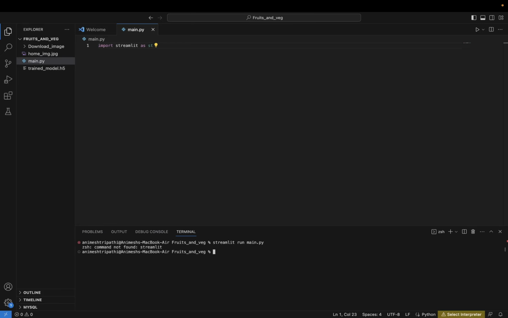Okay, the command streamlit is not found because my Streamlit is installed in a Conda environment. So first of all I have to activate my Conda environment. If you are facing this issue, then you have to do pip install streamlit, then you will be able to run Streamlit. But my Streamlit is installed in the Anaconda base environment, so that's why I am switching to my Anaconda base environment. Now if I use this command streamlit run main.py and hit enter,